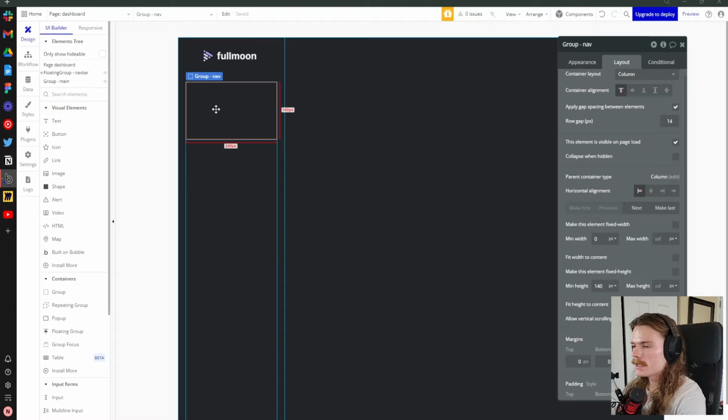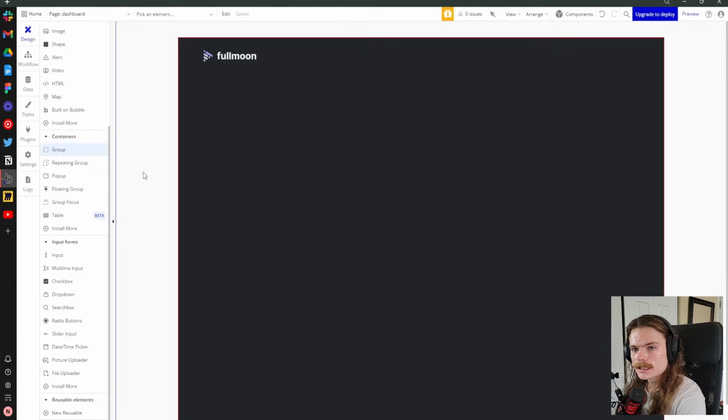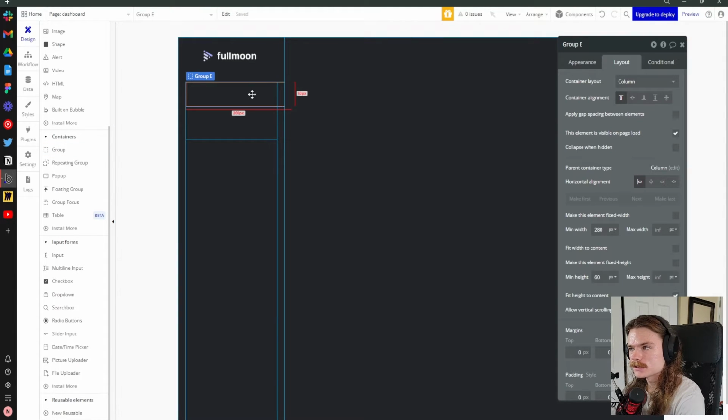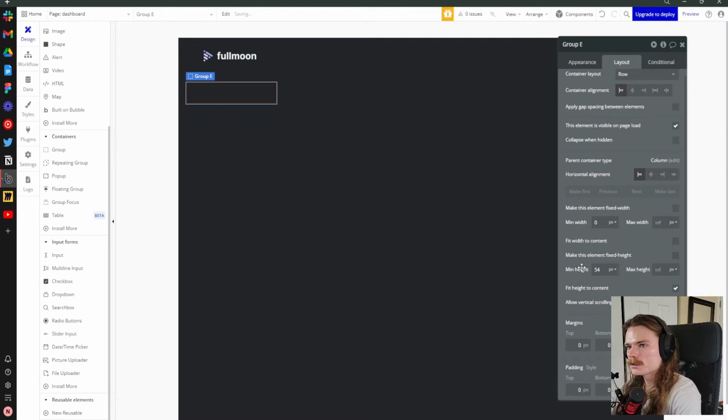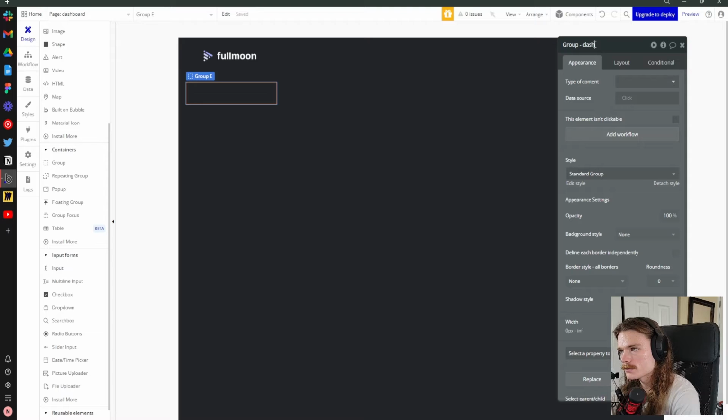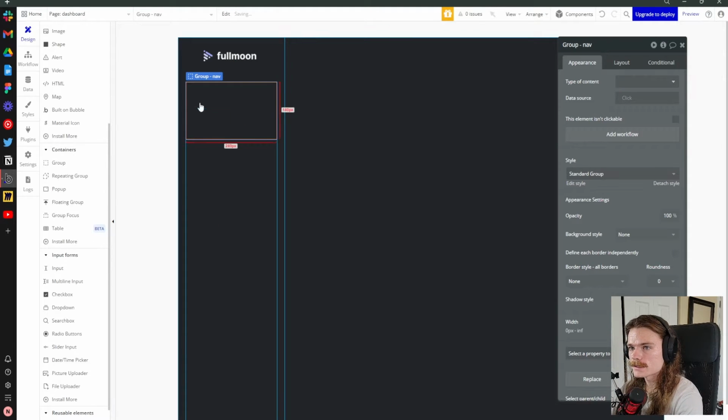Perfect, so now it's time to go ahead and add all the different nav links on the left side here. So they're all going to be within a group. It allows us to give some space to be able to click on it, so we don't have to click on the text, but we can click on the section around it as well, where the background will appear. So we're going to go ahead and make it a row, because we'll have the icon to the left, and then we'll have the text to the right. And then we're going to go ahead and make it a min width of 0. Let's change this to 54, a little smaller. And we're going to name that group dashboard,